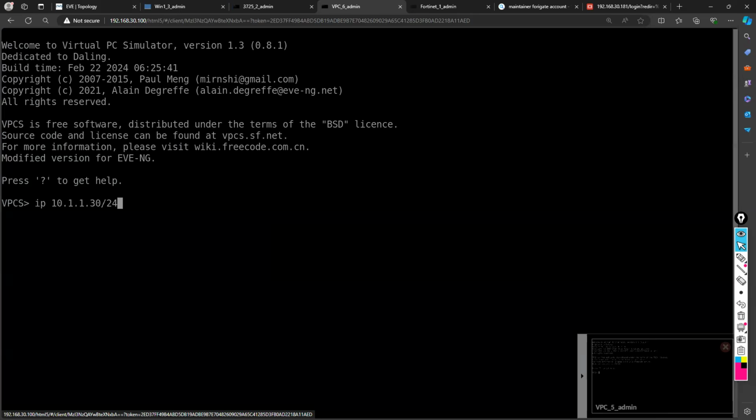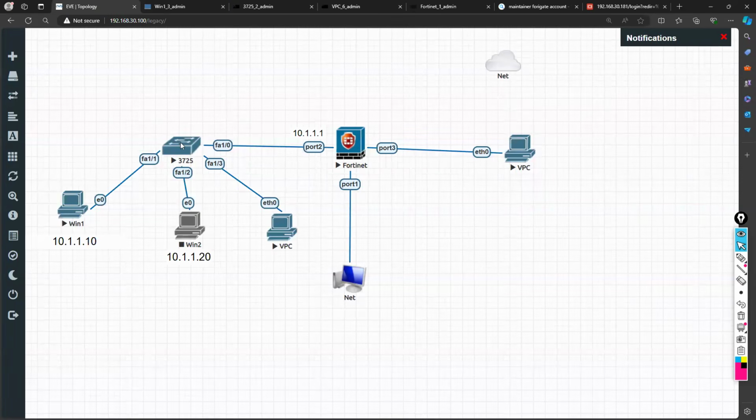10.1.1.30/24 and the gateway I'm giving as 10.1.1.1. Okay, 10.1.1. That's fine. And on this port key, I will